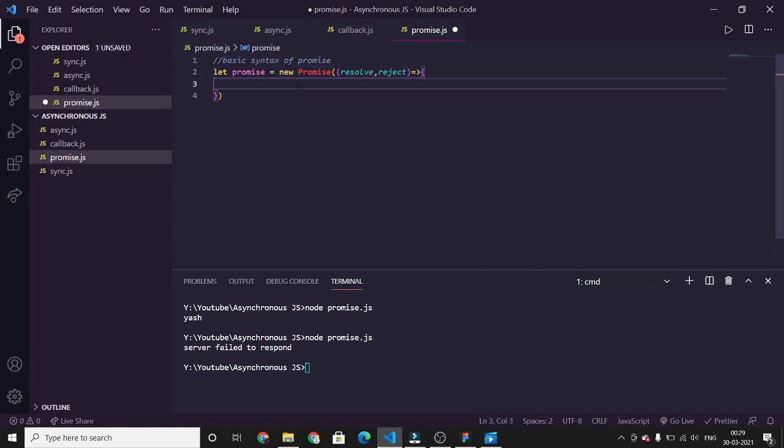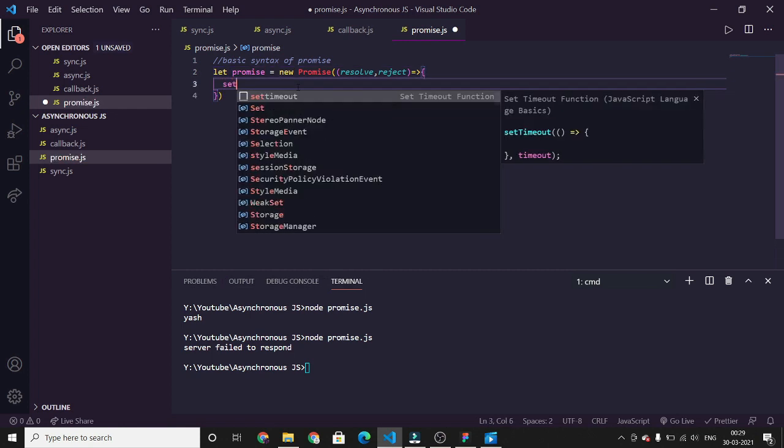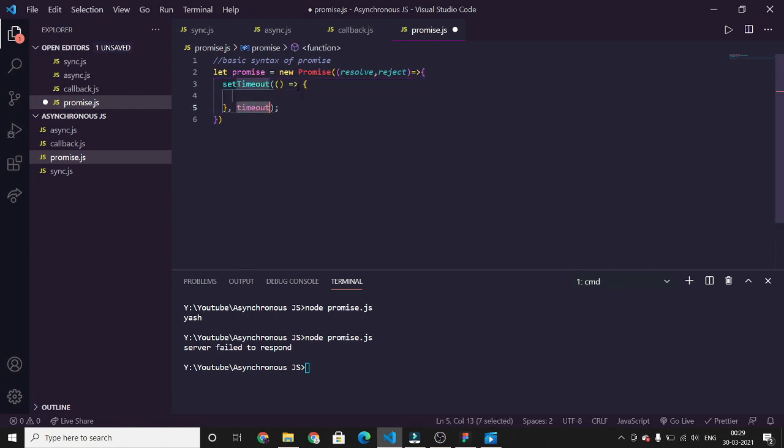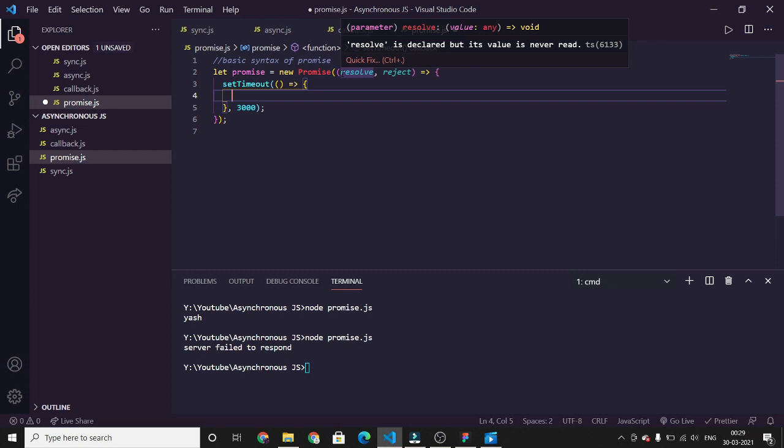And inside this function we will use set timeout to demonstrate the delay. What resolve and reject do is, when the promise is fulfilled it calls resolve, and when the promise is rejected it calls reject.